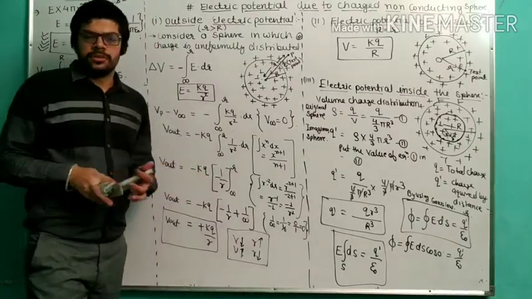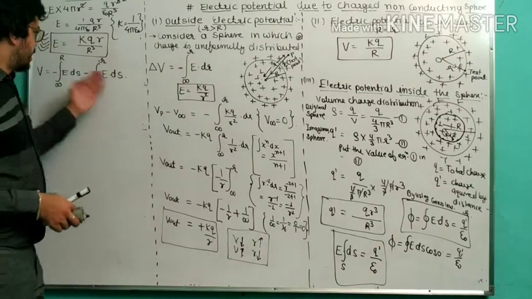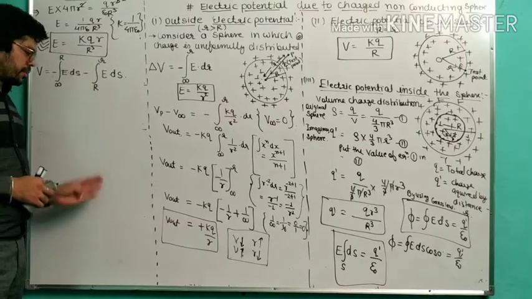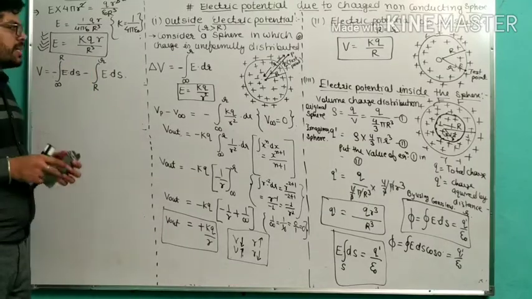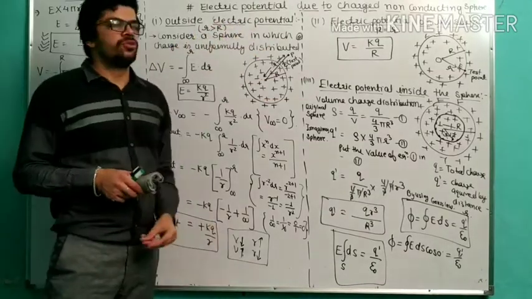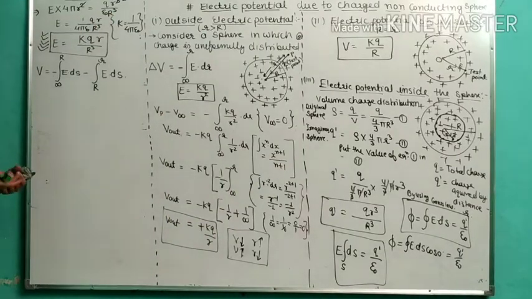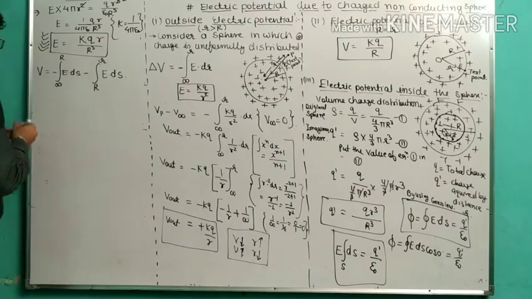So in our previous video, we already explained up to that point, but now we are proceeding to the forward things. In two parts, I did the videos of electric potential due to charge, non-conducting sphere, because it also consists of the graph, and the graph also requires understanding. So let's try to understand.